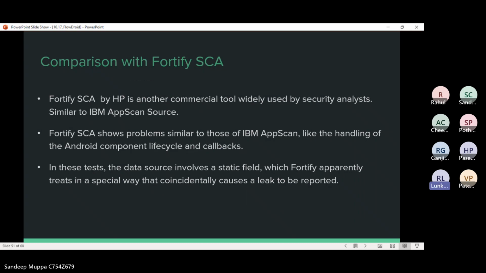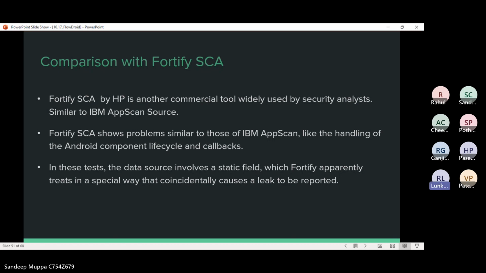So this slide talks about how our app is compared to Fortify SCA. Fortify SCA actually shows how IBM apps work. It is similar to this app, it handles various life cycles and callbacks of the Android components.